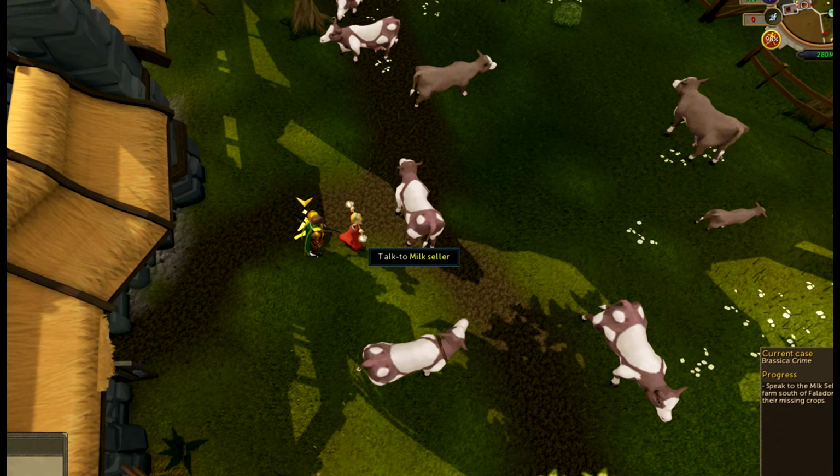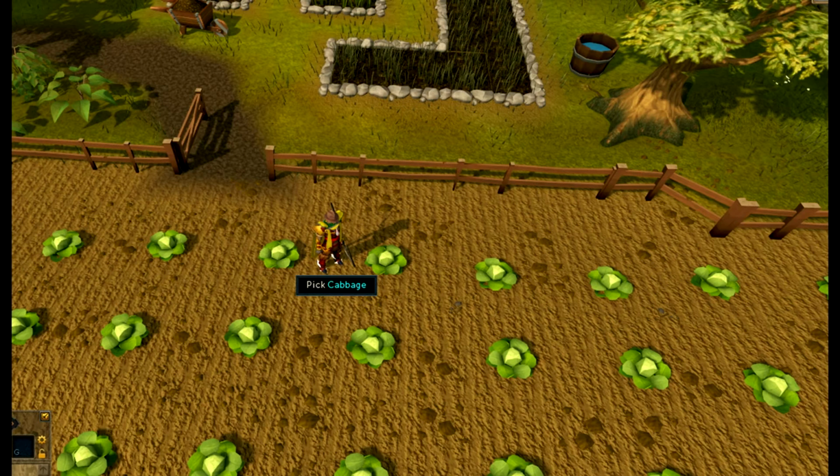So you talk to her. She tells you something about there's no cabbage or something like that, or the cabbage is gone. I didn't pay much attention. So you go pick a cabbage. The cabbages are to the right of the farm, that patch below the farming area there. So you pick one of the cabbages, there's a note under it that says the cabbages are doomed,